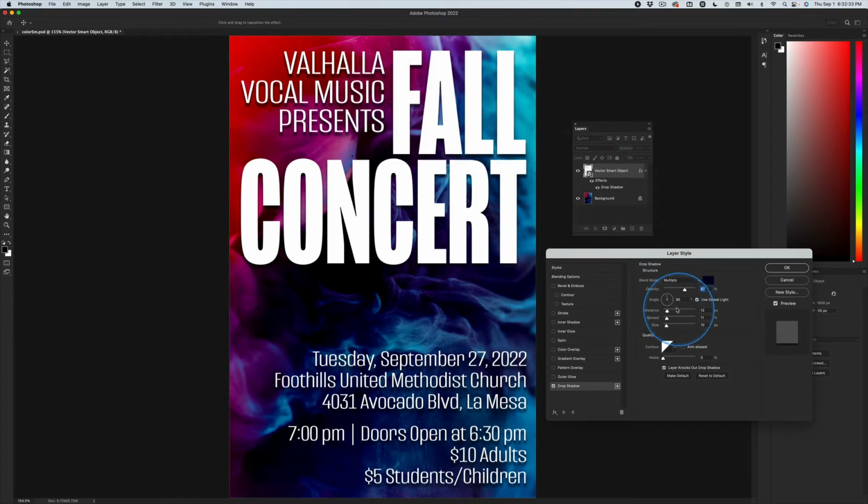And then for the angle, right here, the angle, change the 90 to 45, if 90 is the default. And make sure global is selected right there. And then for distance, spread, and size, if you look up here, I just have these 12, 11, 10. This is not magic. Different sizes,